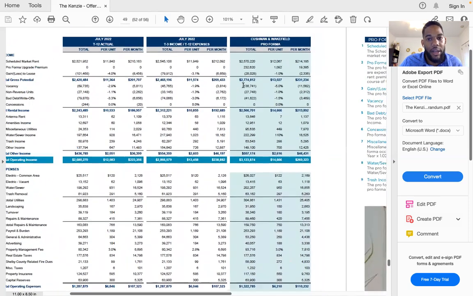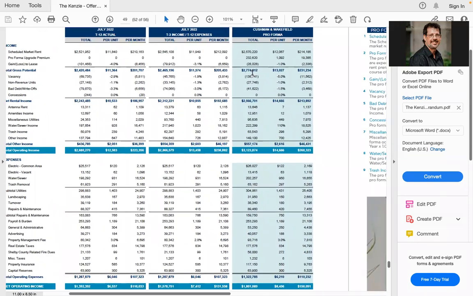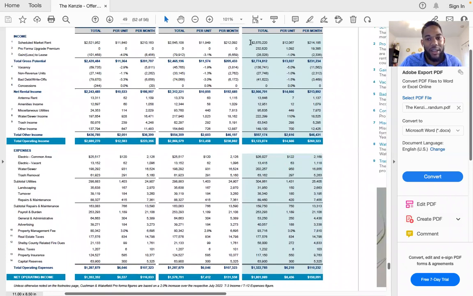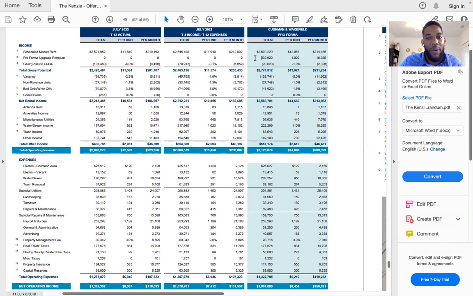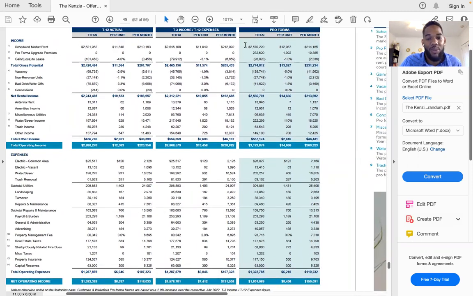So guys, is it a good practice to go off of what the brokers are saying as far as income? No. Yeah, you hit the nail on the head, Jeff. Charles would always tell us it's not a good practice to just go off of what they're saying here. Because remember, the OM, they might as well just call it a marketing package, because that's really what it is, right? Everything in here is to encourage you to pay the most for this property. So we don't really want to use their numbers as far as income, but it is good to see a side by side.